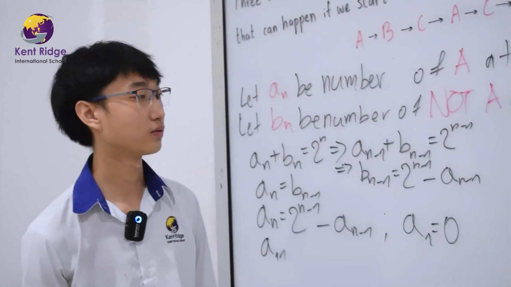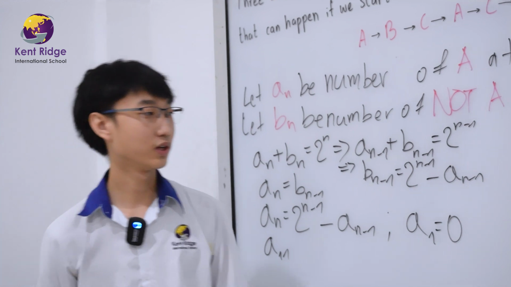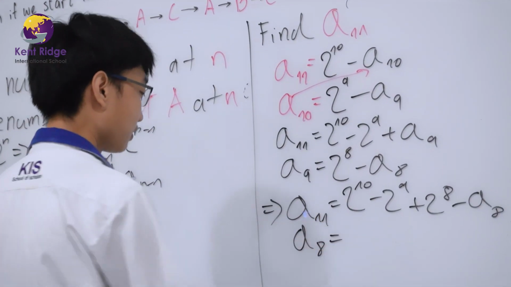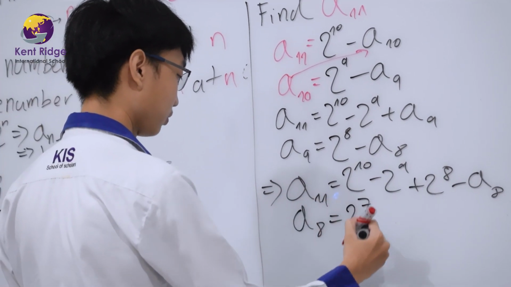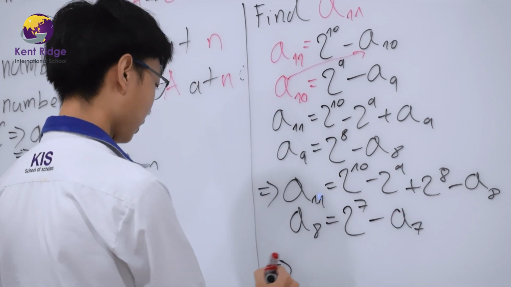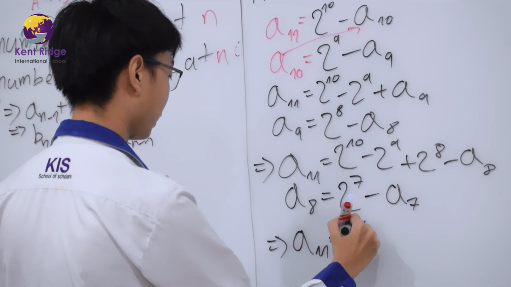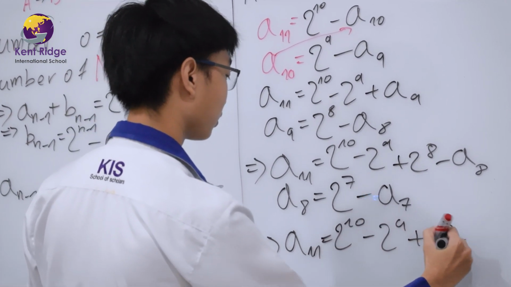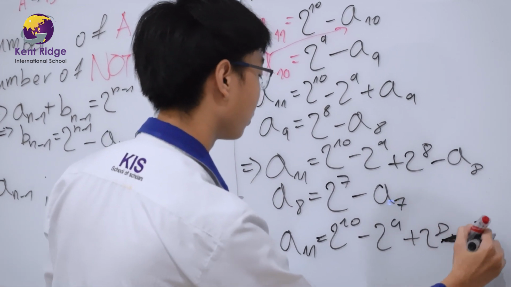Now the pattern is starting to show, but to be even more certain, let's just plug A8 in here. So A8 would be 2 to the 7 minus A7, and that means A11 is equal to 2 to the 10 minus 2 to the 9 plus 2 to the 8 minus 2 to the 7 plus